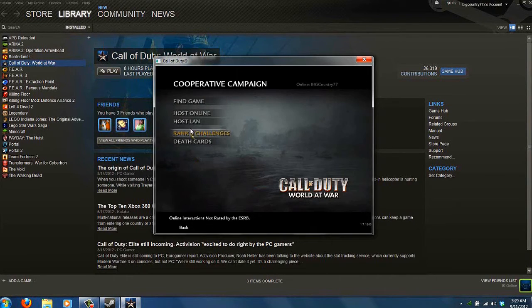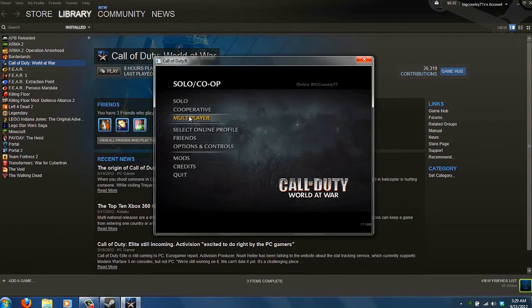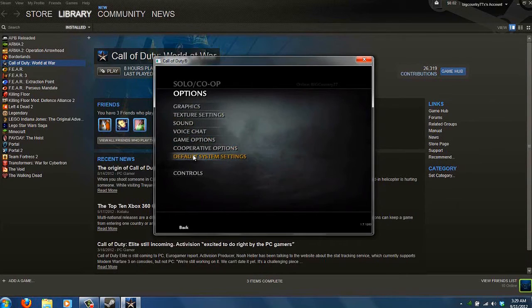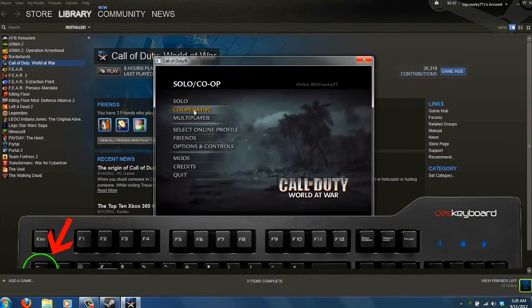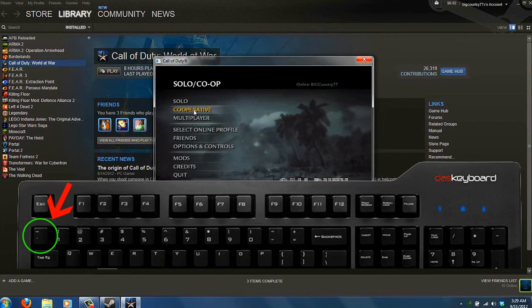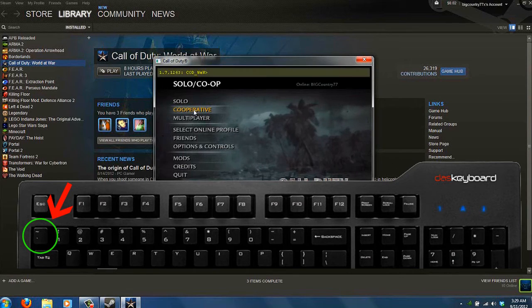So what you want to do in order to play solo is first you want to go under options and controls, go under game options, and make sure enable console is checked to yes. Click back again, and on your keyboard, I'm going to have a diagram on the keyboard. You want to click this key right here. It is the tick key right next to the number 1 key at the top left of your keyboard. Under the escape key to the left of the number 1 key, click that, and that little menu bar is